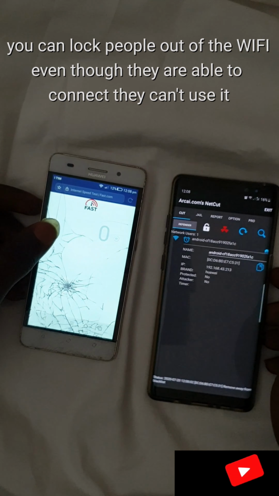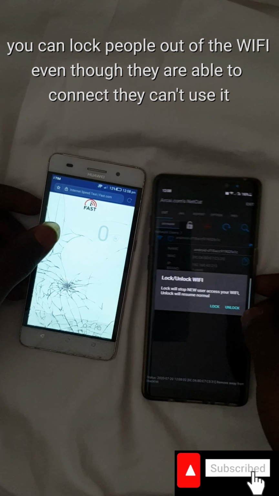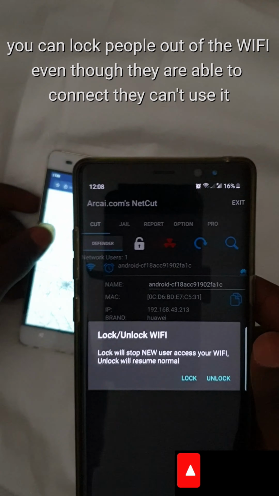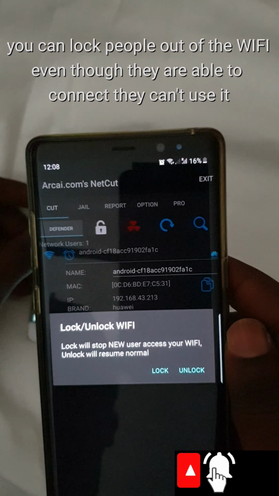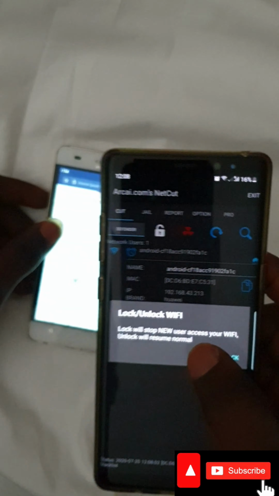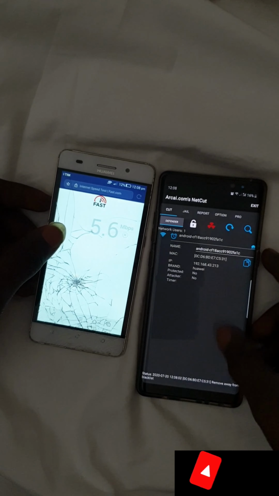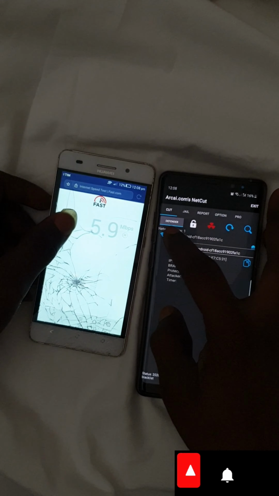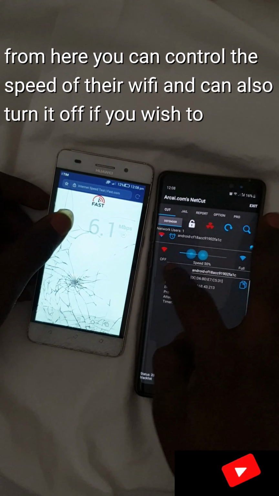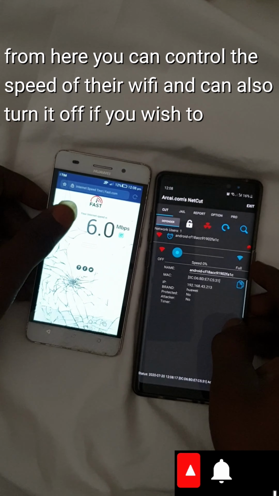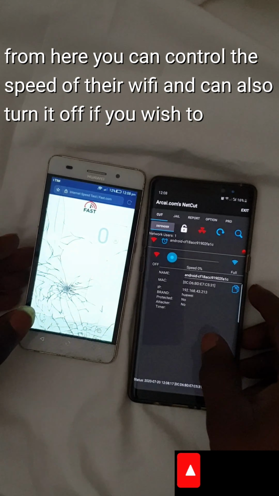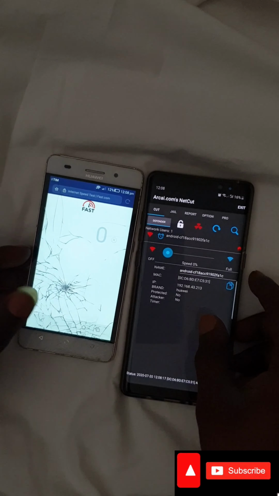Now with fast.com on the other phone, we can track the network. As you can see, you can see 5.something MB, 6.66. But now, just after we have turned it off,